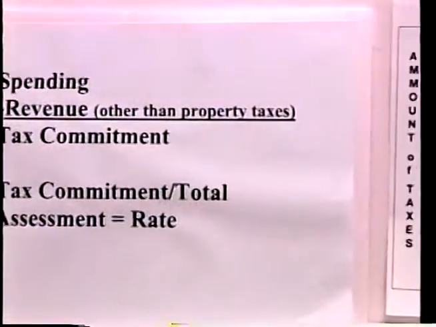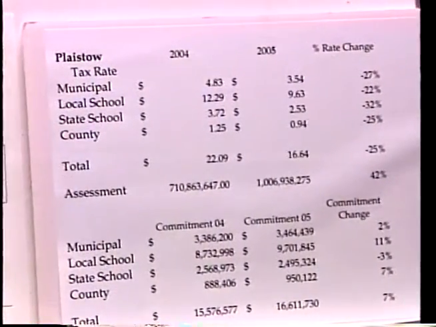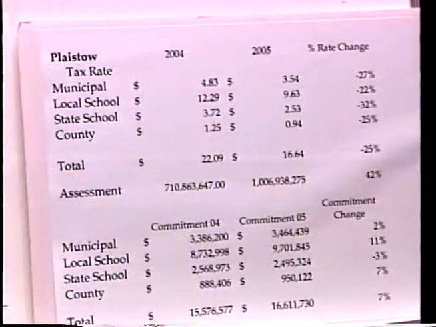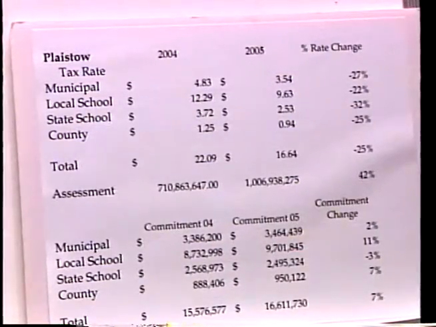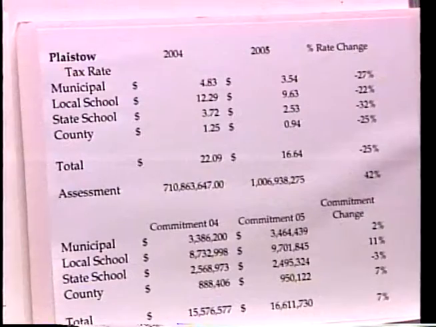Thank you. Could we go to the third chart, please? Once the assessments for the entire town have been set and added together, we are now ready for the Department of Revenue to set our tax rate. Rosemary, could you explain to us how the tax rate is set? Well, the Department of Revenue Administration does set the tax rate, and they take all the information that the school has given, the assessors have given, and the town manager goes up with all these figures, and they decide how it's going to be spent.